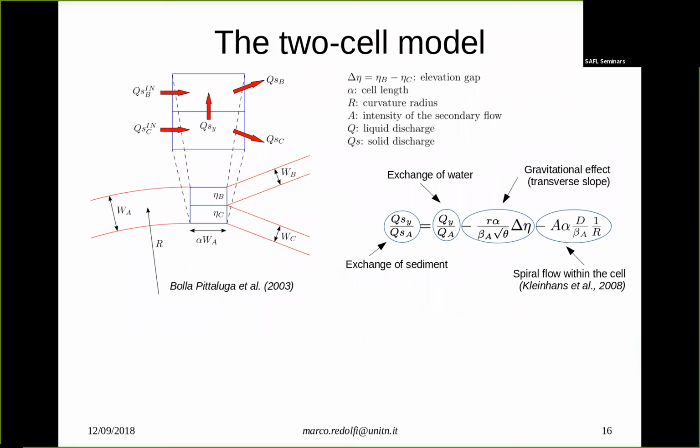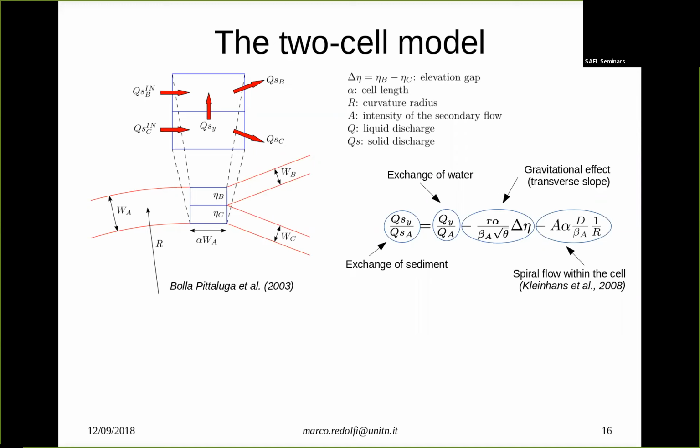Well, to answer this question, we formulate a very simple model based on the Bolla-Pitaluga scheme, where the 3 branches are modeled through a 1D scheme, and the 2-dimensional effects occurring at the bifurcation node are modeled by 2 cells of length that is alpha times the channel width, that exchange water and sediment according to a prescribed rule that is written here. Basically, the exchange of sediment is taken to be equal to the exchange of water plus a term that takes into account the gravitational effect on the bed